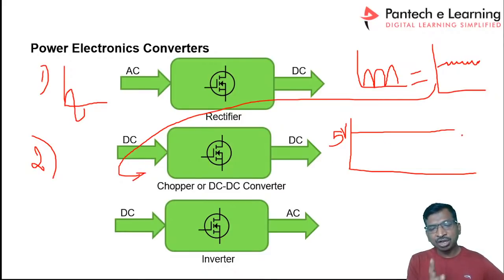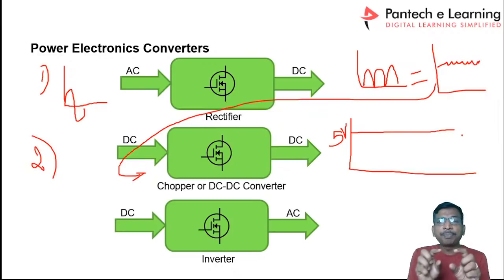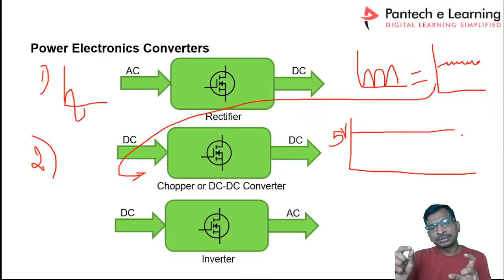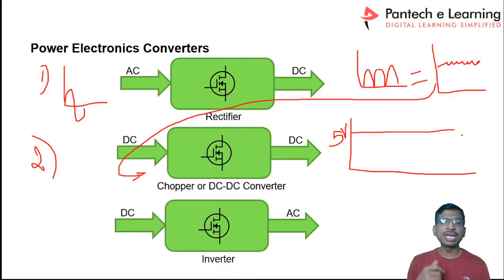So in your mobile, there will be a two-stage power conversion. The very first conversion is called AC to DC, an uncontrolled rectifier or controlled rectifier, whatever it may be. And after that, a small DC to DC converter will be there. That converter will give you the proper 5 volts with 0% ripple output, right? So this is the basic difference, and why we are going for this DC to DC converter focus. This DC to DC converter is widely used for various applications. Wherever you want to design your power supply, you have to use this kind of converter.